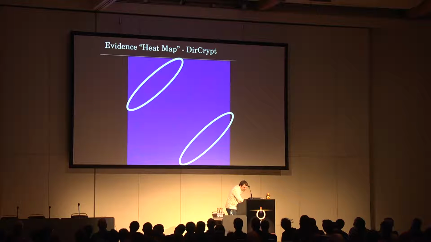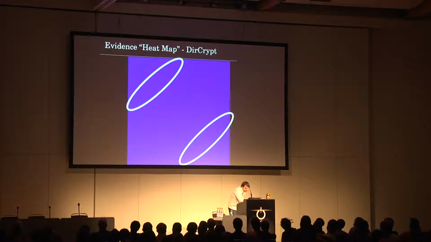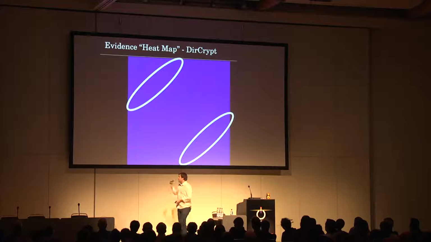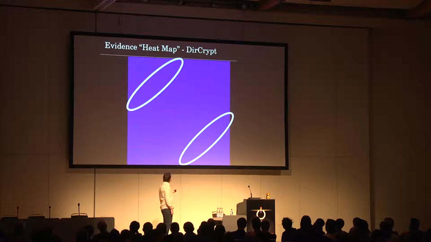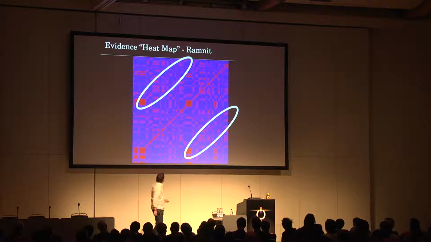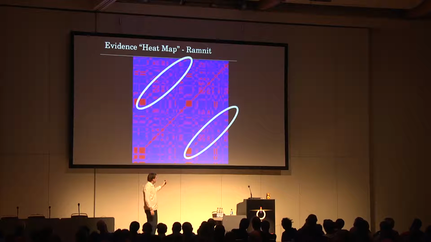Let's see if we have time for the demo. I see the other demo isn't working for some reason. Never mind, the other demo wasn't as exciting as this one because it showed you a script running, the script that generates this. Basically, the RAM-NIT malware that we saw earlier sends this communication, and the script iterates over this,